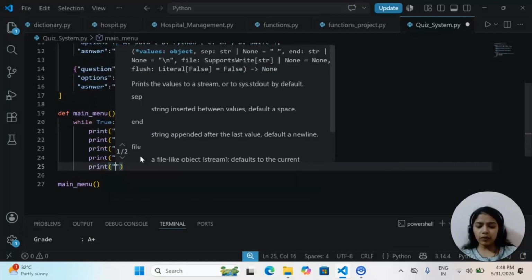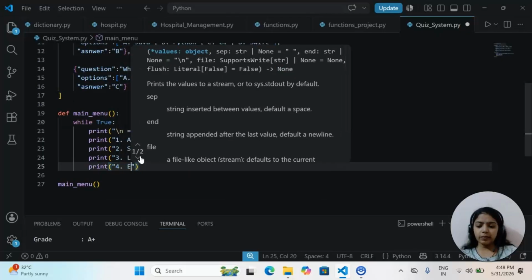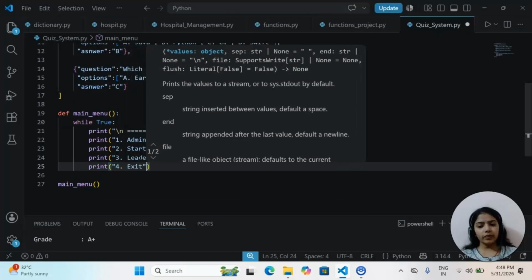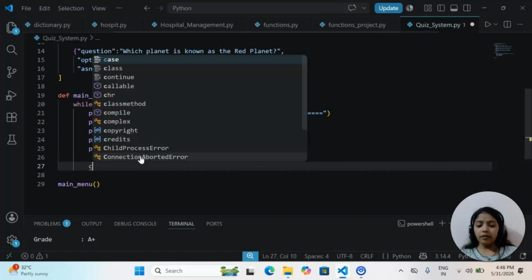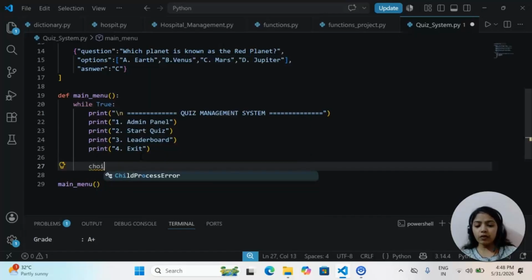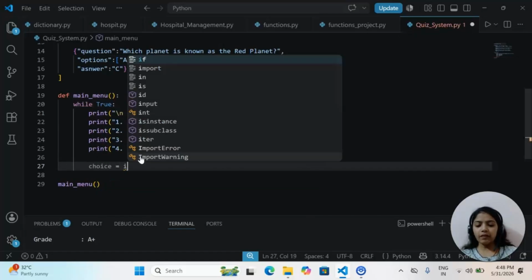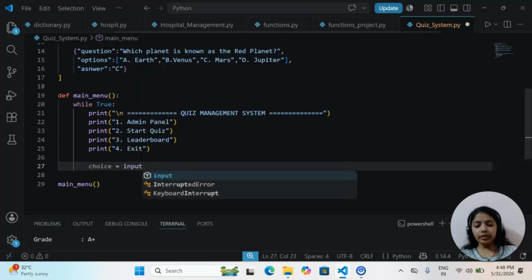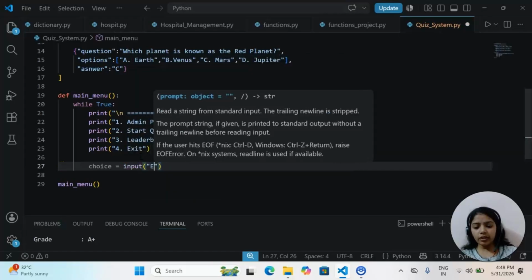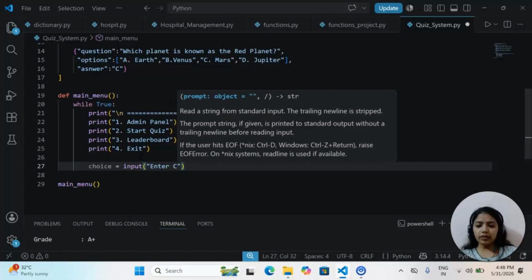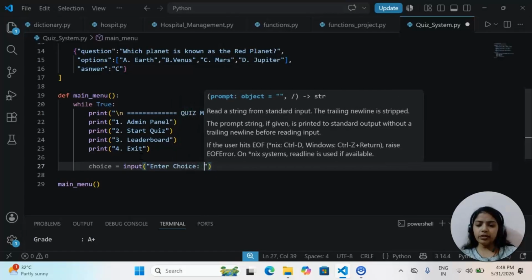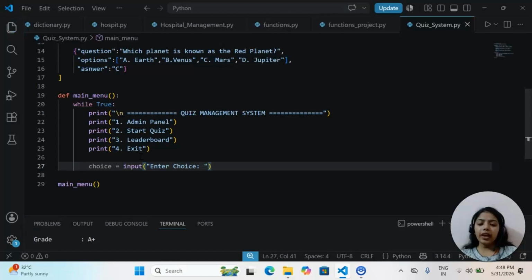Press 4 to exit. Now, we have to take this choice from the user. So, enter choice. That's it. So, we have created a function, main menu, in which we are basically running a while loop that